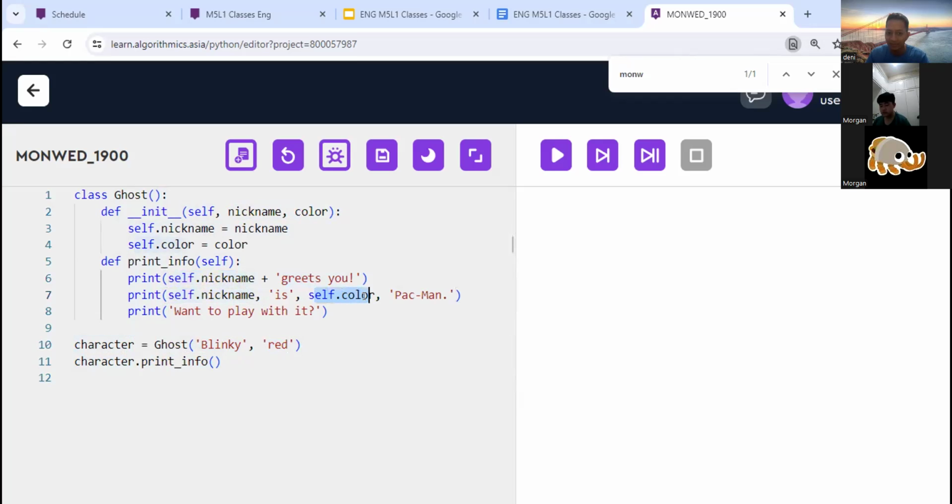Blinky is red Pac-Man. Want to play with it? Understand, Morgan? I will screenshot it so you can see the example.